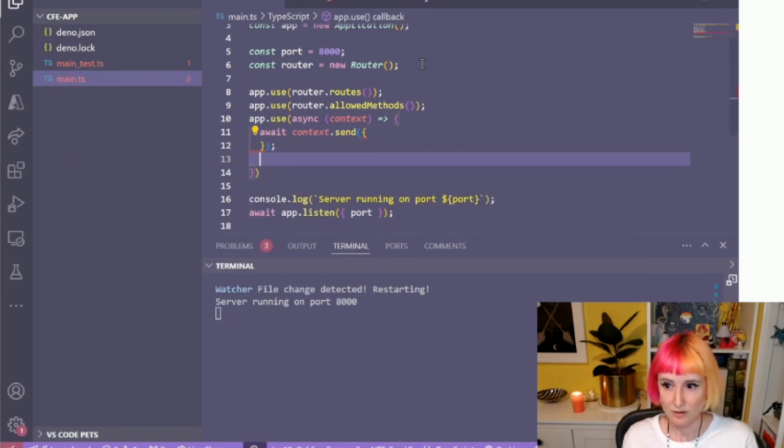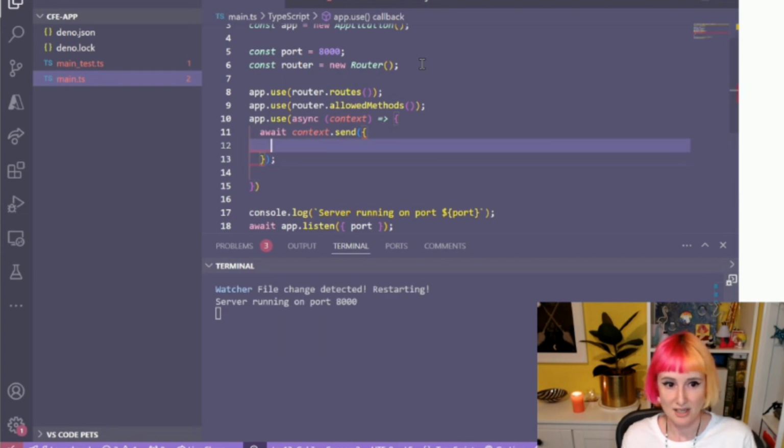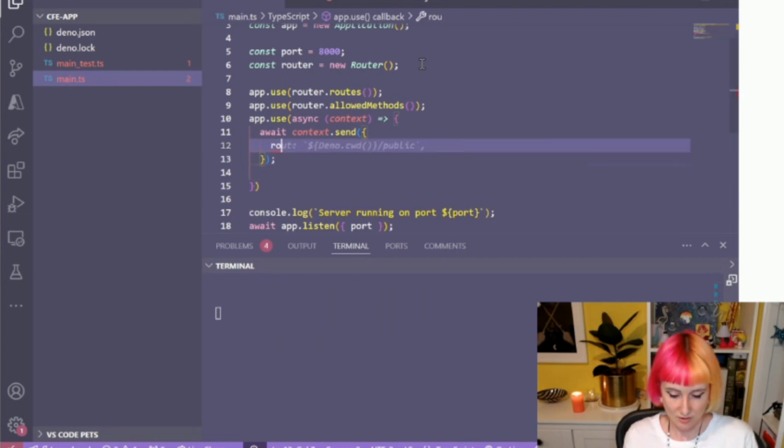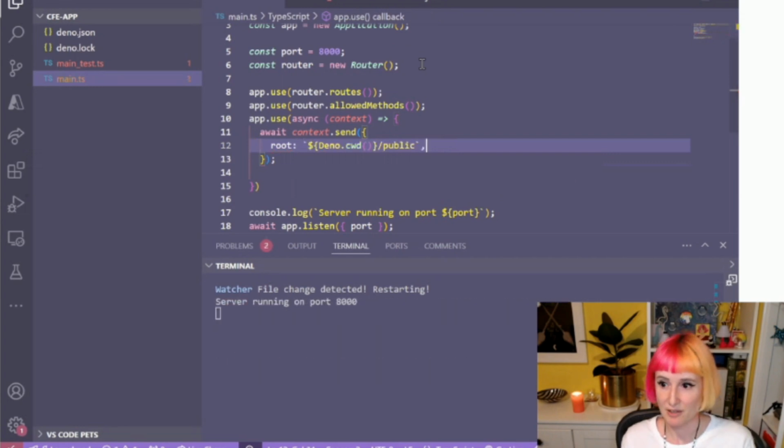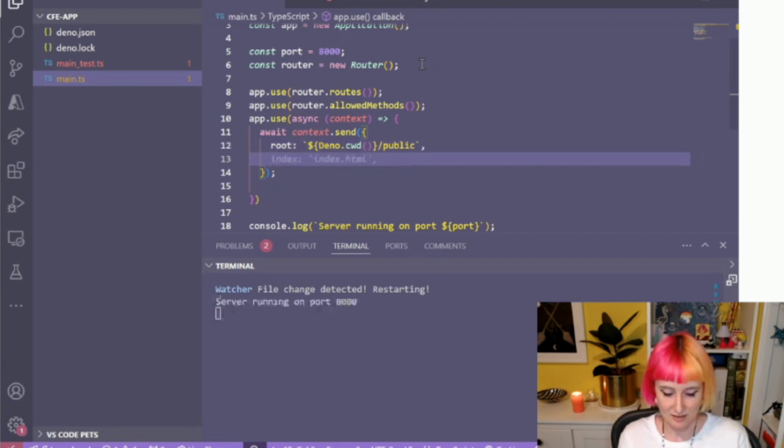There we go, and we're going to set the root to the current working directory in a public folder, which we will make, and our index is going to be index.html. Nice. Okay, so this is just going to send a file as an HTTP response,